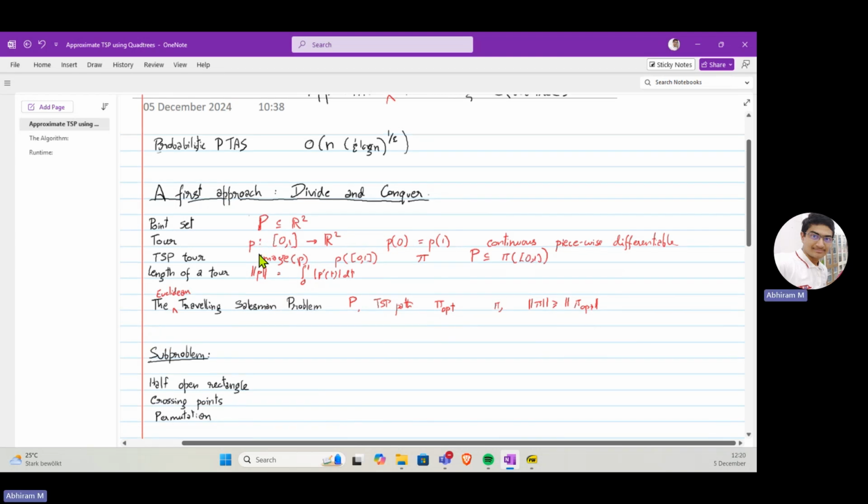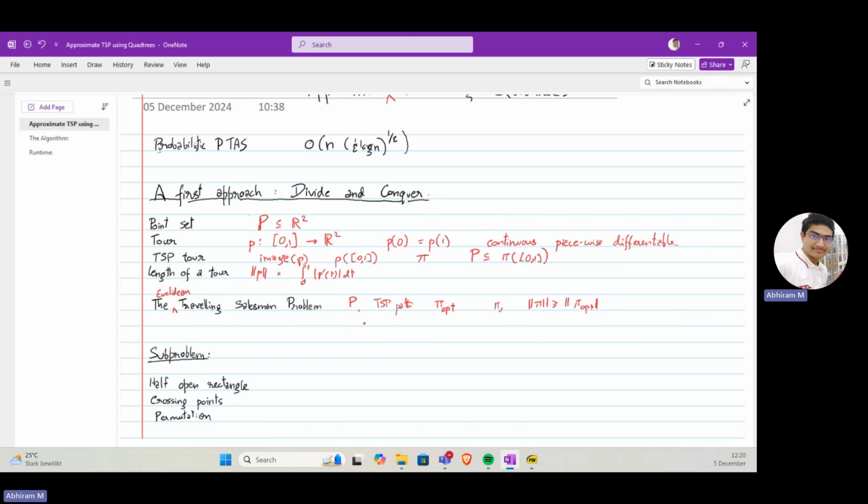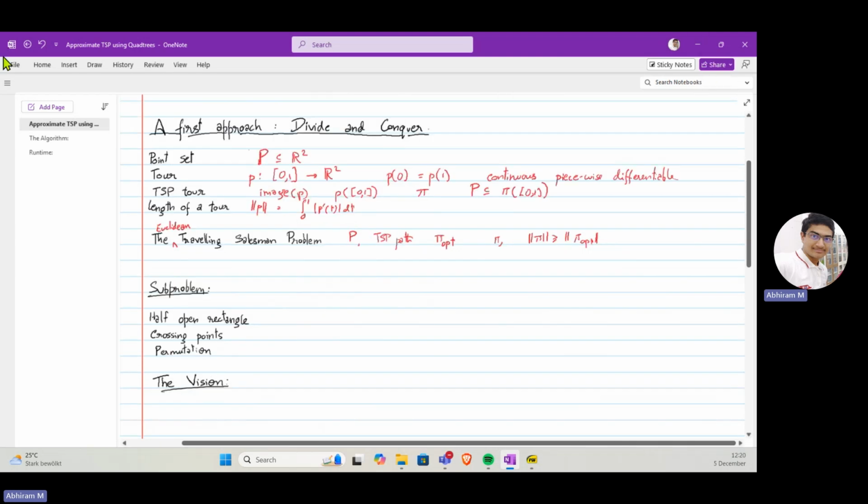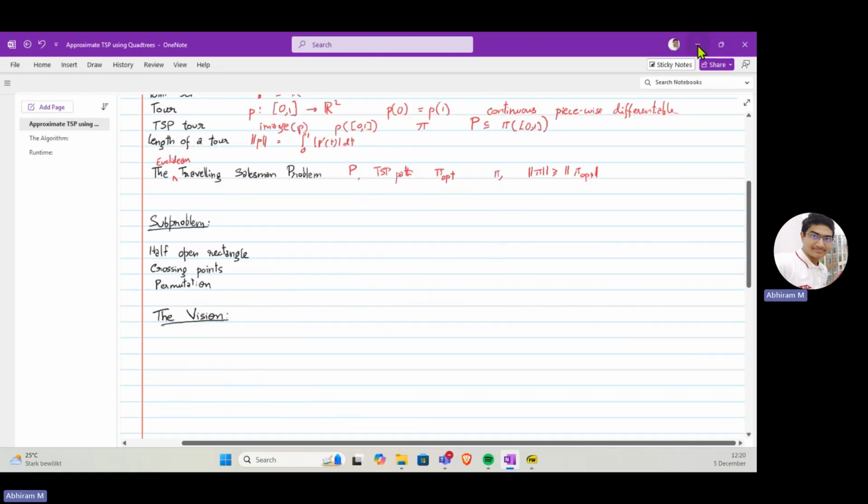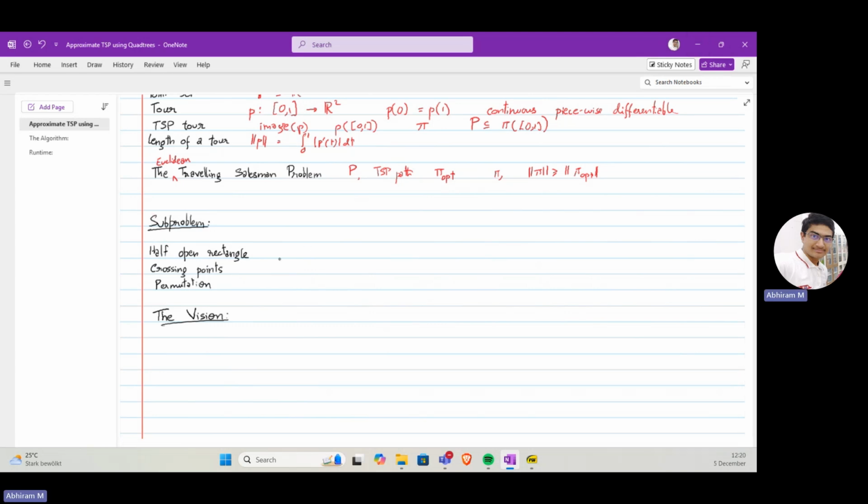So now to solve this using divide and conquer, what we need next is to know what a subproblem looks like. For divide and conquer, we just define some subproblems and we solve the subproblems, and by assimilating them, we solve the whole problem. That's the whole strategy. So now to solve the subproblem, let us see what we need. First, we have a half open rectangle. It is defined as,